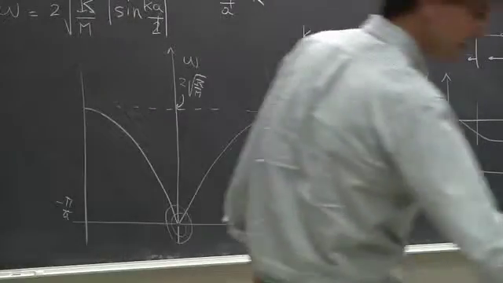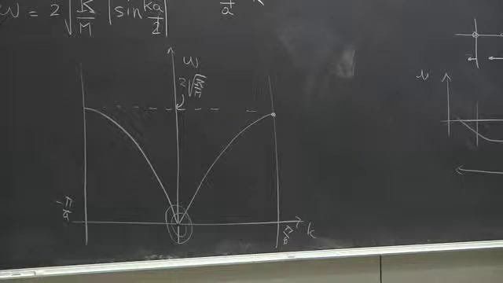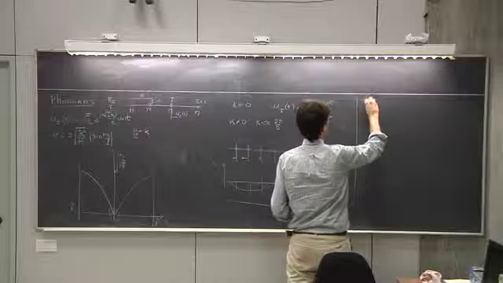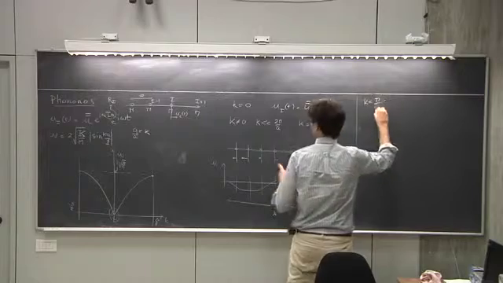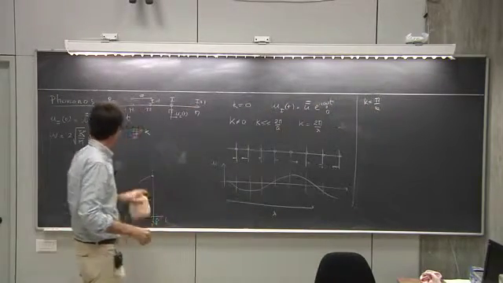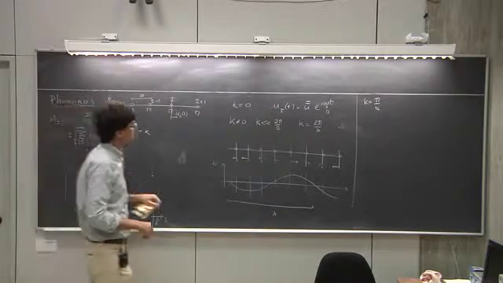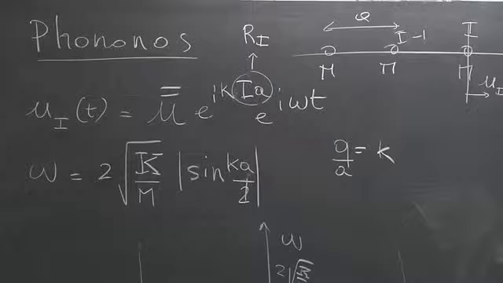Yes, I should have done it before. I'm sorry about that. Let me use this side of the blackboard then. So I'm now at k equals pi over a, and I'll go back to this one in a moment. Let me first discuss k equals pi over a. First, let me look at the solution. At pi over a, the solution is e to the i